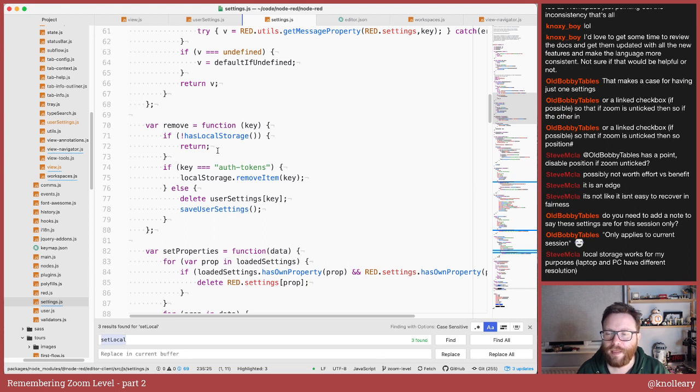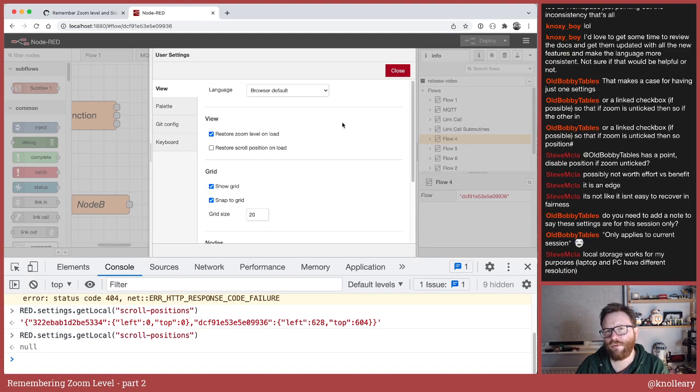So yeah, you made that very valid point last time. So it's one of those, it sounds like an innocuous little feature. Yeah, just remember the zoom level.